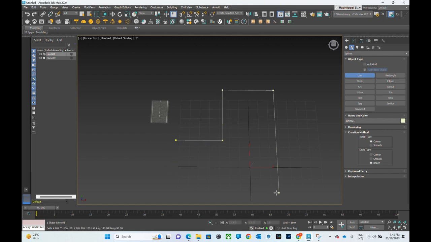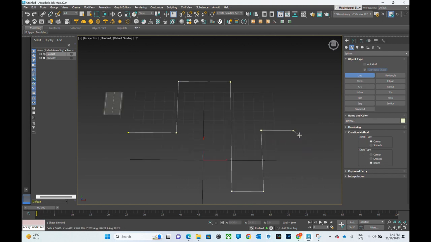So by using that, I'm going to create a random path for our road. That looks about right. Press escape,